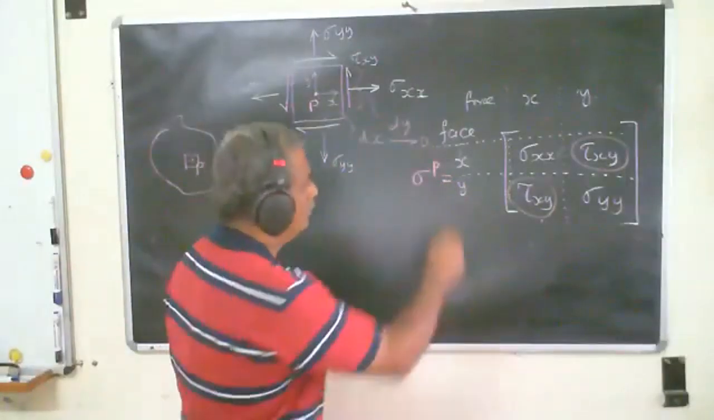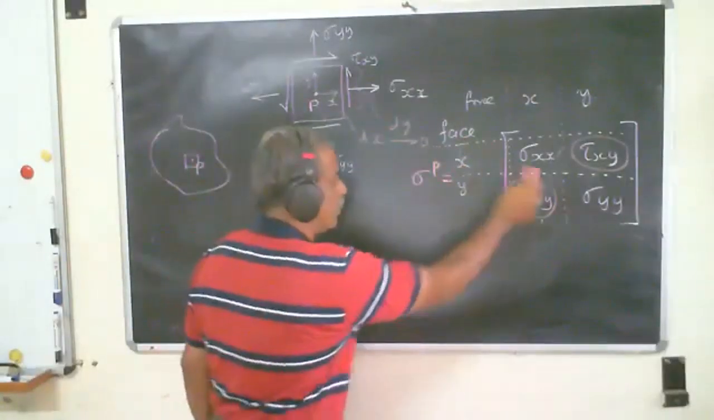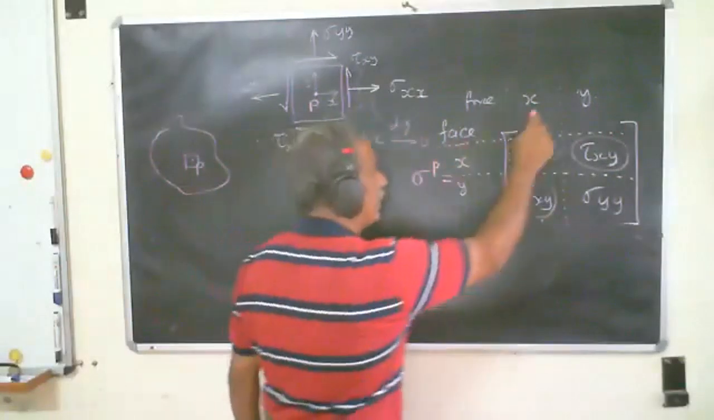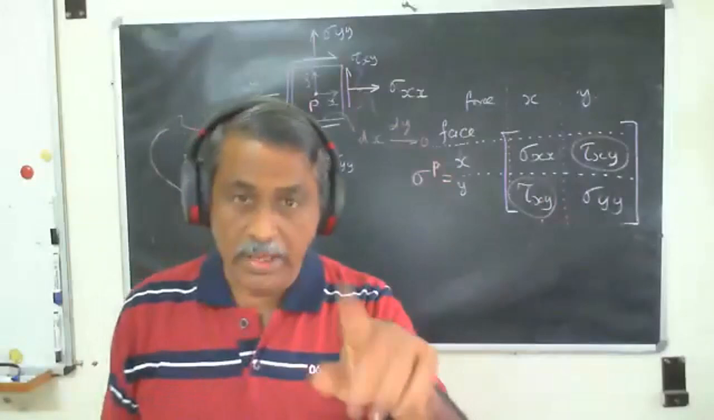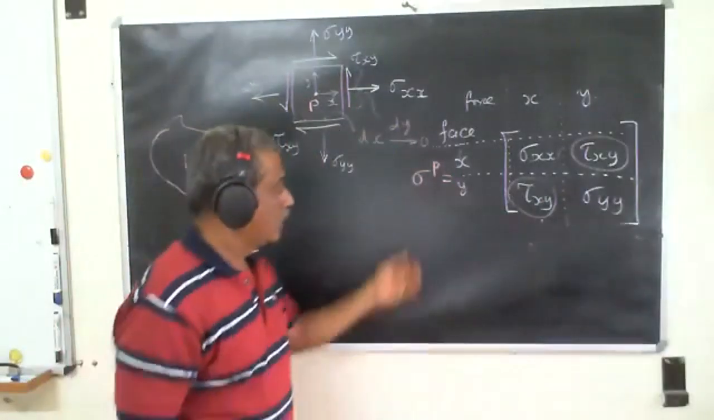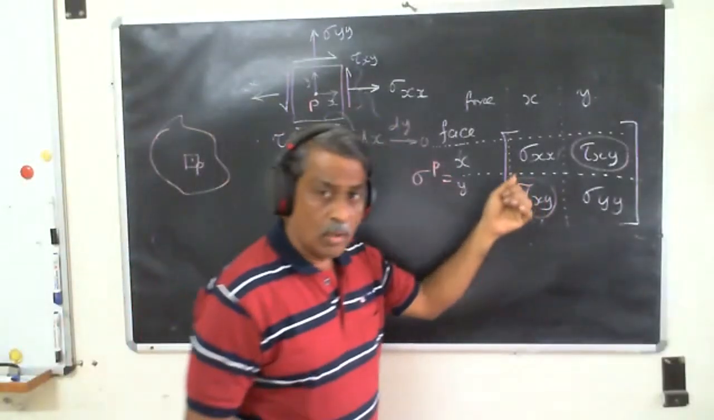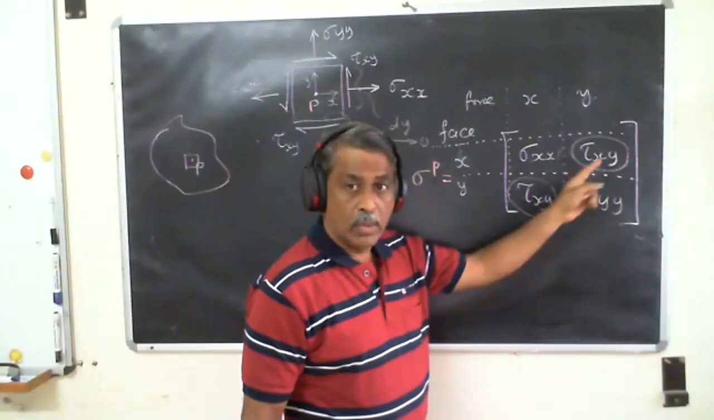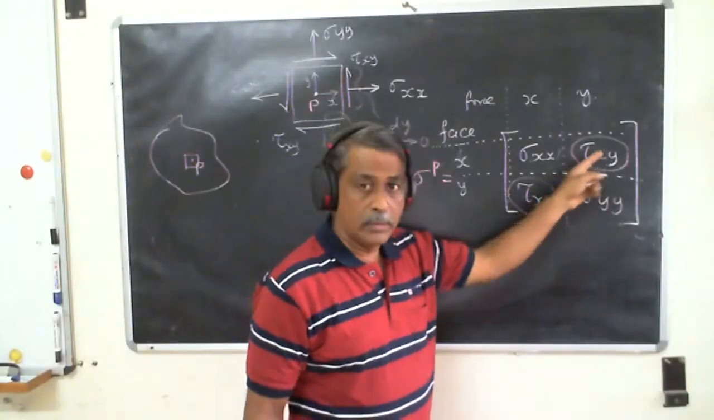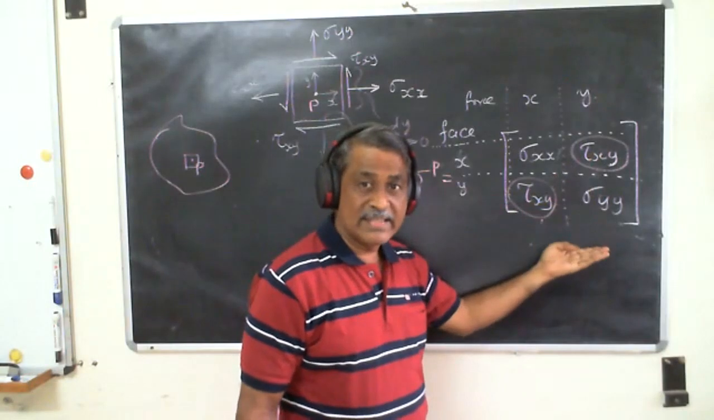Okay. The rows are pertaining to the face, the columns are pertaining to the direction of the force. Okay. What all do we observe here? Number one, because we found these two to be the same, this matrix is